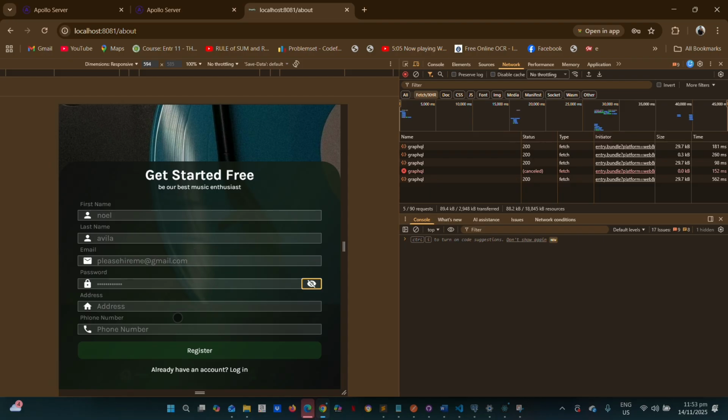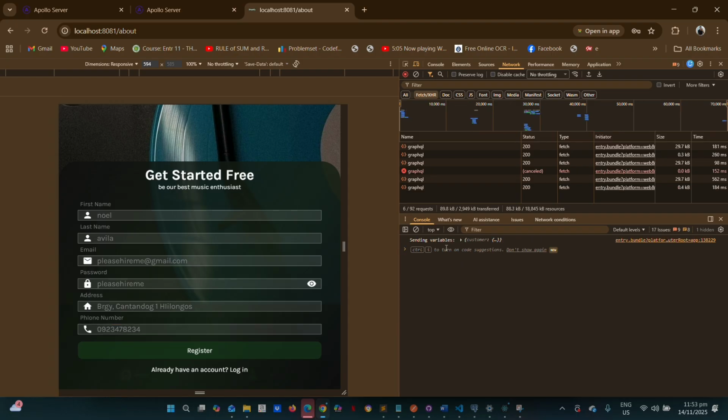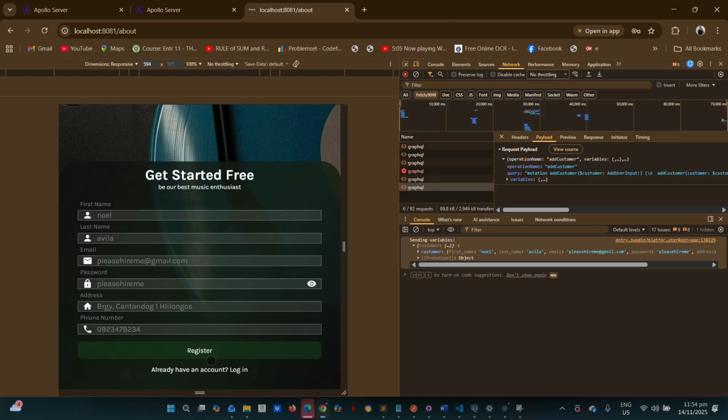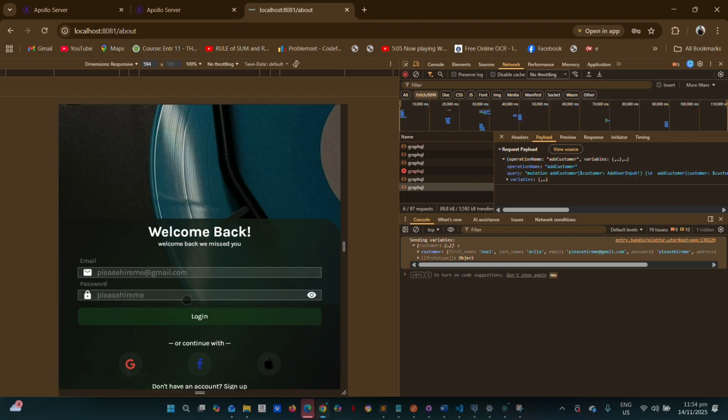And I put an address here because it is a shopping app, and the address and phone number are useful. When you register, see, the GraphQL will detect here that it is really from GraphQL. And done. It will be stored in our data now.